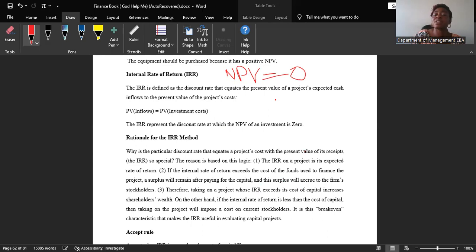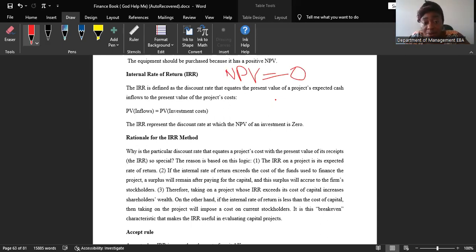What they are trying to say is, to make the best decision for shareholders, because in running a business our main objective is to maximize shareholders' worth. So at the end of the day, we are doing everything to at least maintain their worth, not decrease it. So we should at least maintain shareholders' worth, and that will happen if NPV is